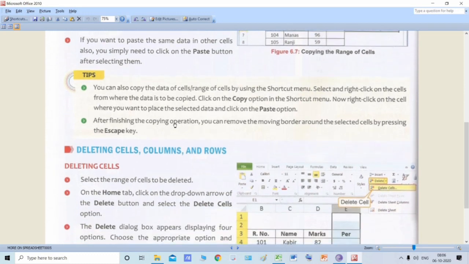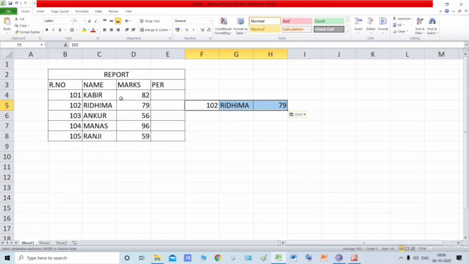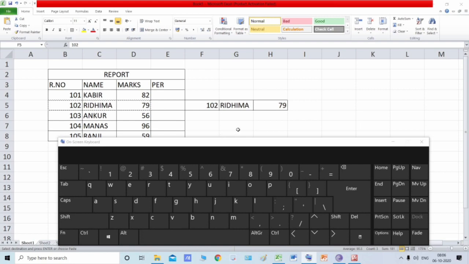Now after finishing the copying operation, you can remove the moving border around the selected cells by pressing the escape key. So see, the selected cells still have the moving border. To remove that moving border, you need to press the escape key, and see, the moving border has been removed and your data has been removed from the clipboard also.